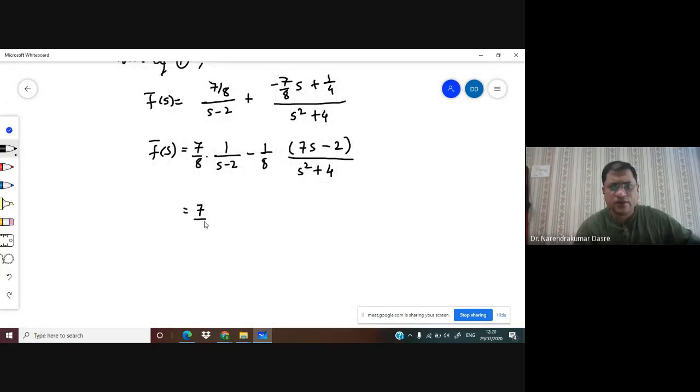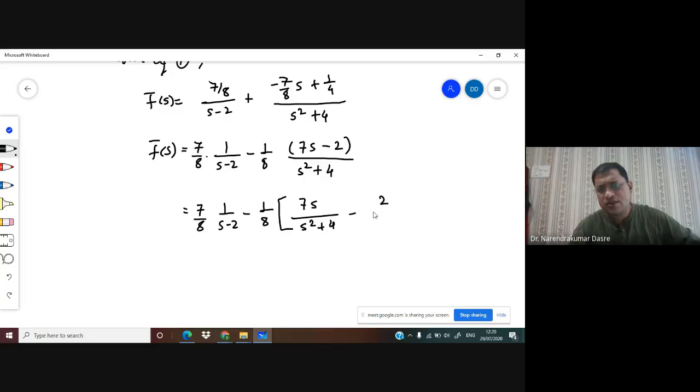So I'll be having 7 by 8, 1 upon s minus 2, minus 1 by 8. Here you can write 7s upon s square plus 4 and minus 2 upon s square plus 4. So this is going to be your f bar of s, and now